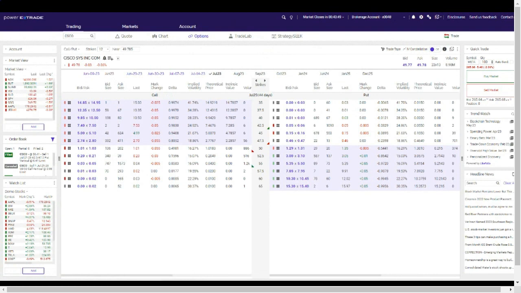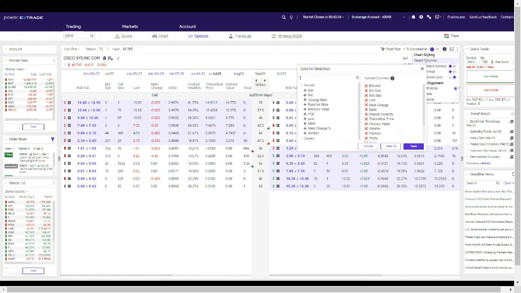This little three dots in the header of the chain itself allows me to customize my chain. And what Sean was referring to is the select columns. I have a litany of columns in here because I like to have available to me very quickly many different data points and calculations, but you can choose from a ton of different